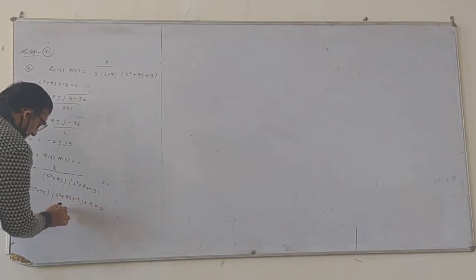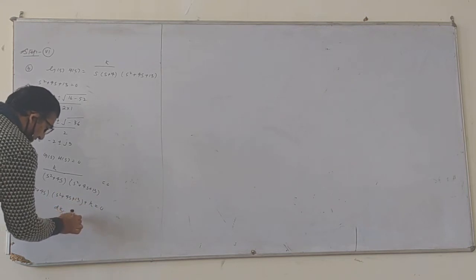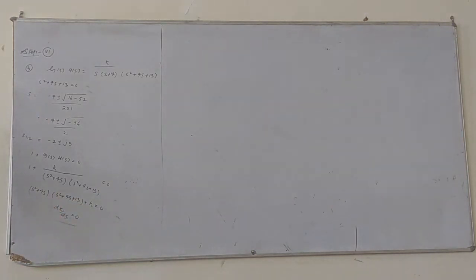Then we have to put dK/ds equal to 0. You have to do it yourself, please, because we don't have time. We already wasted so many days. So we can multiply this, then take it on the other side as we have already done last time. Then differentiate it with respect to s. The constant, I already told you, differentiates to zero with respect to s, and put that value equal to 0.